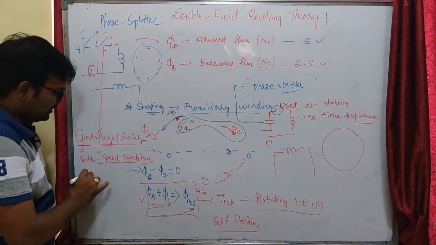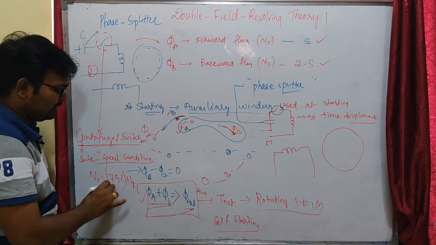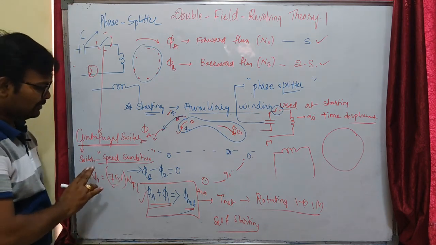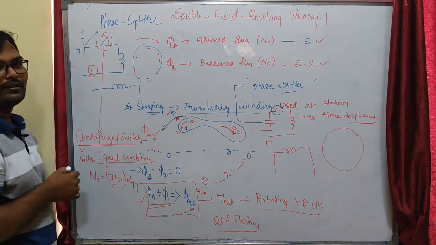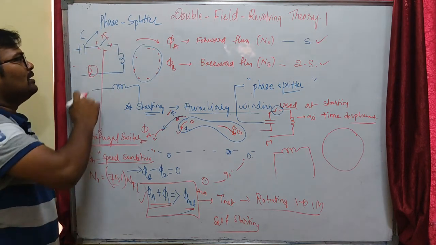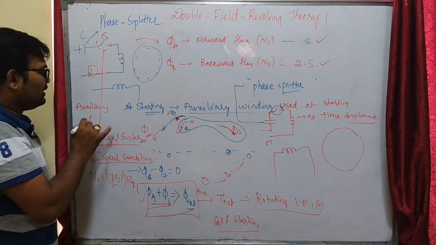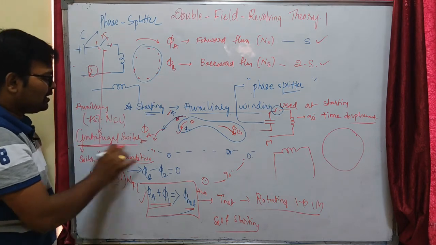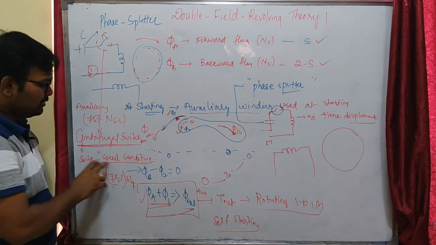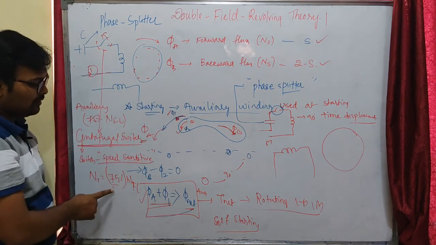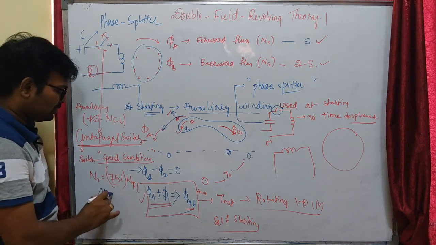That means whenever our machine attains a speed of 75% of full load speed, let us consider this is the full load speed, this speed sensitive switch will automatically get open circuited. That means this switch will turn off and disconnect from the main supply, so the auxiliary winding will be disconnected at 75% of full load speed. This is the function of the centrifugal switch in our single phase induction motor. This speed sensitive switch open circuits the auxiliary winding whenever our rotor attains 75% of full load speed. That means the switch will go to the off position at 75% of rotation.